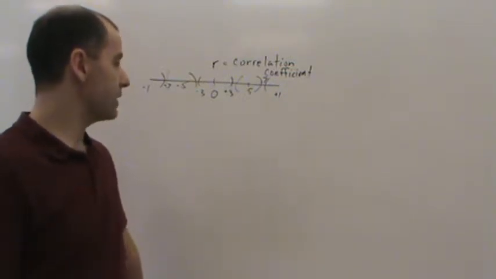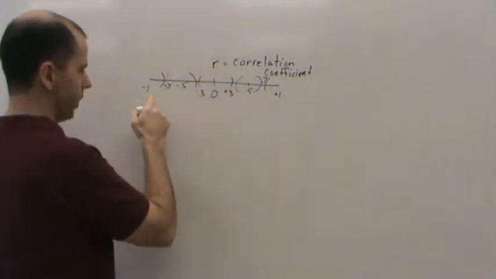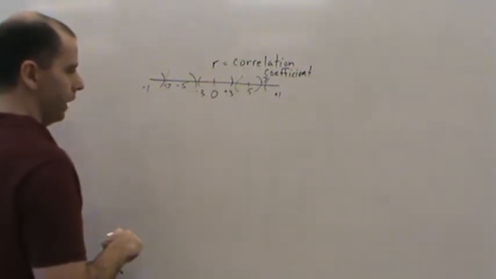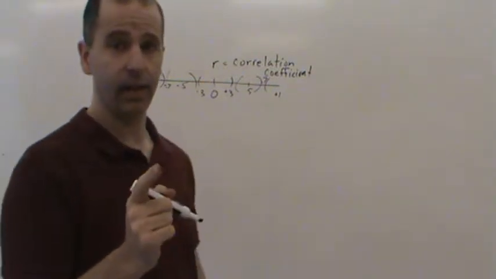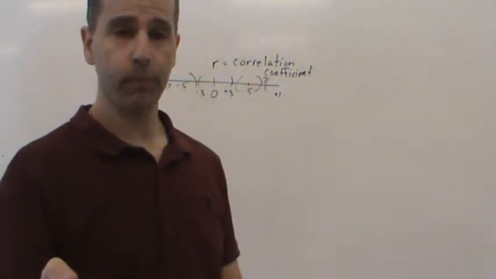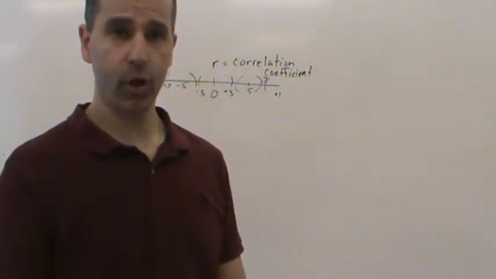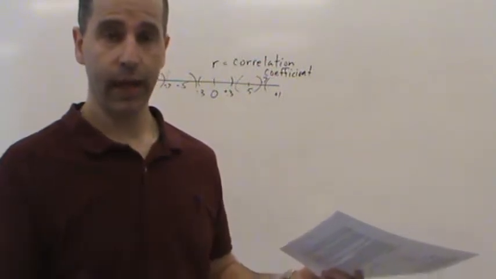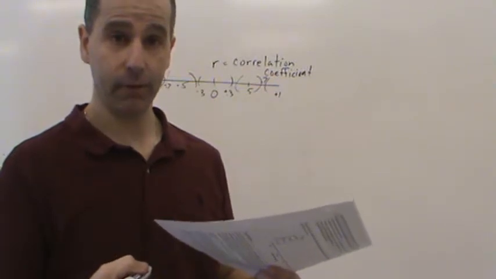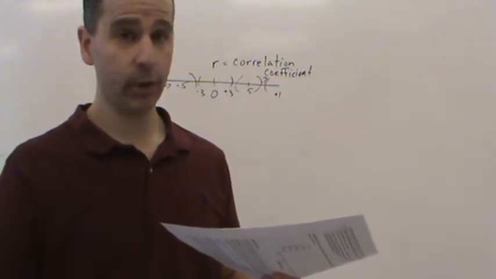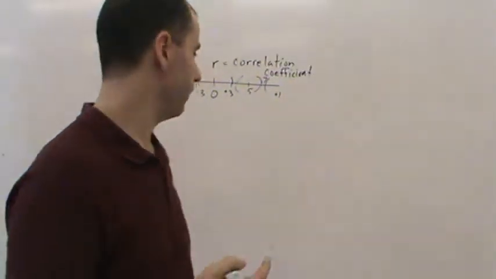The other thing to remember is this. Just because you get something very close to +1 or very close to -1, a very strong correlation, does not mean that one variable is causing the other variable to happen. If one variable is going up and the other variable tends to go up, and you calculate the correlation coefficient and find that it's very high and positive, that doesn't mean the one variable going up is causing the other variable to go up. So keep that in mind, and the main thing is